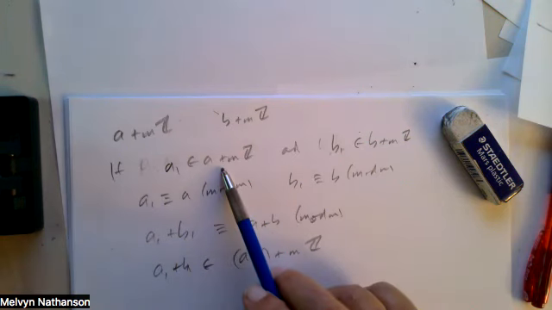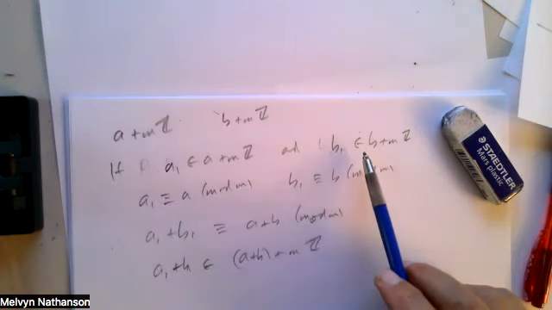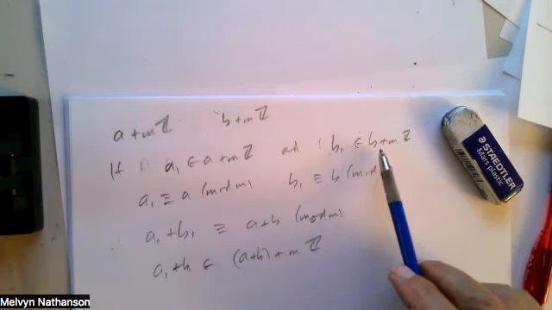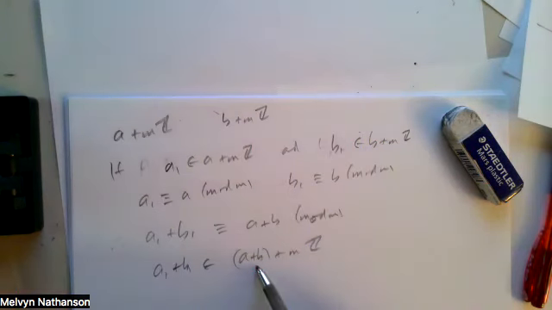So no matter what element I choose from the congruence class A plus MZ, and what element I choose from the congruence class B plus MZ, when I add those two elements, I get something in A plus B plus MZ. So I can define addition